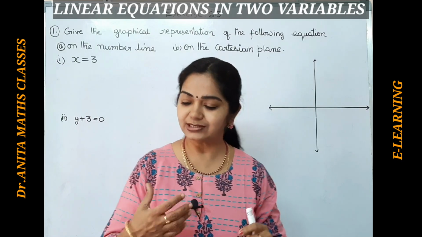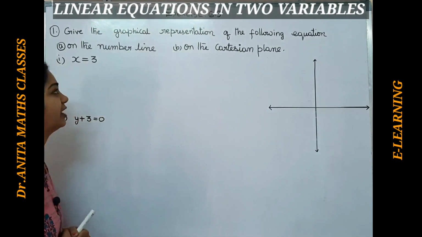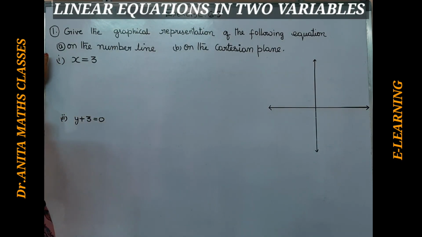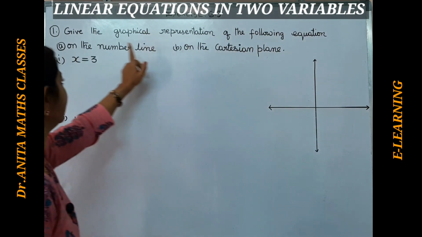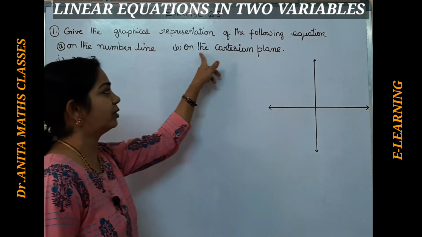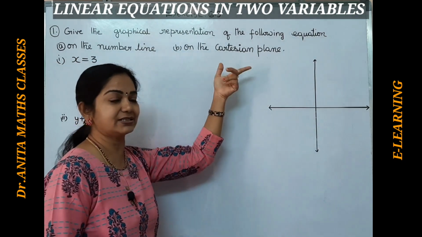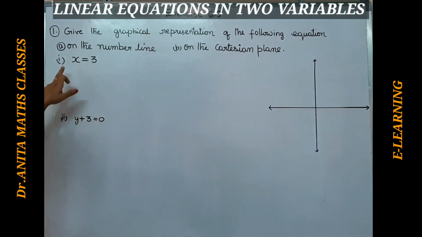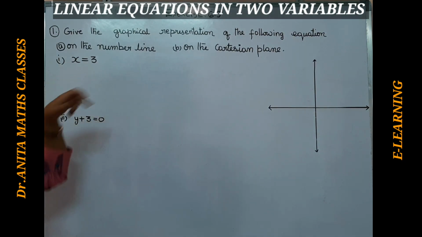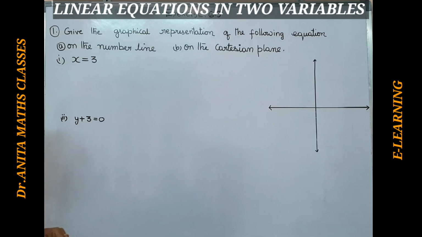Okay, now let's quickly start exercise 6.5. I have noted down the first problem. Give the graphical representation of the following equation on the number line and on the Cartesian plane. There are two parts here, on the Cartesian plane and on the number line. So the first one is given as x is equal to 3. So we need to know before going in here,